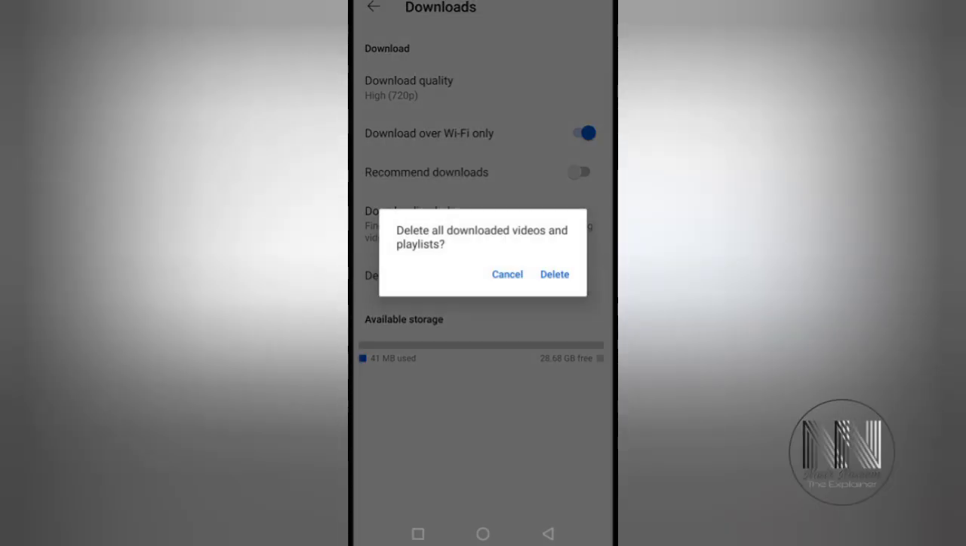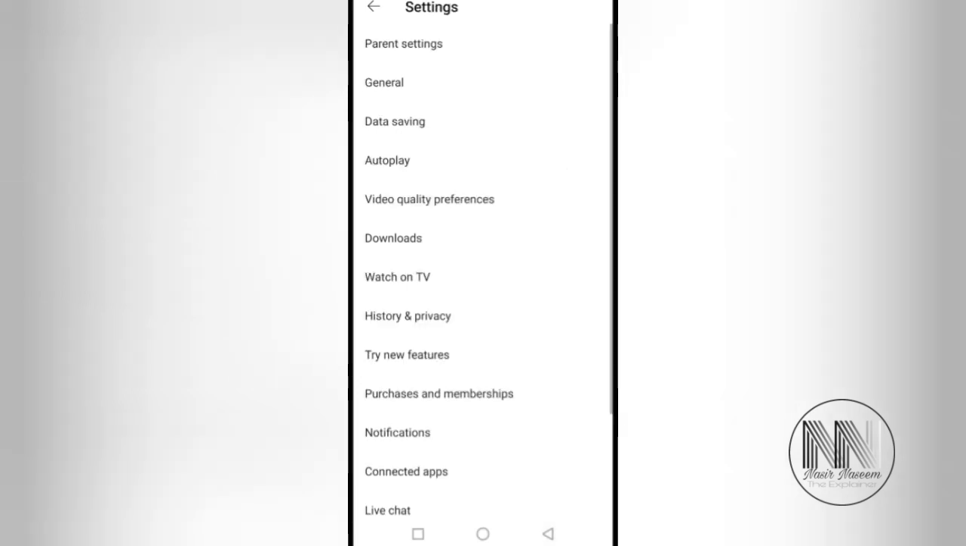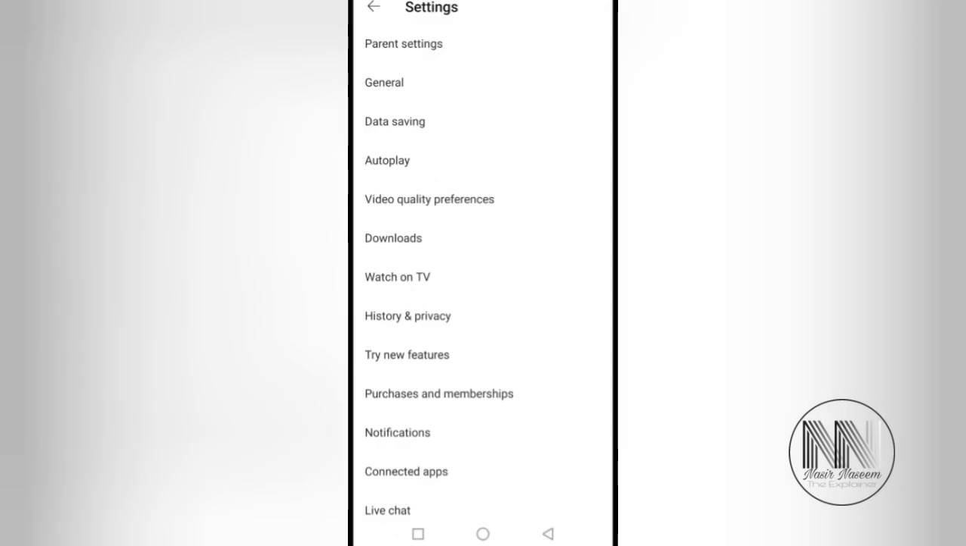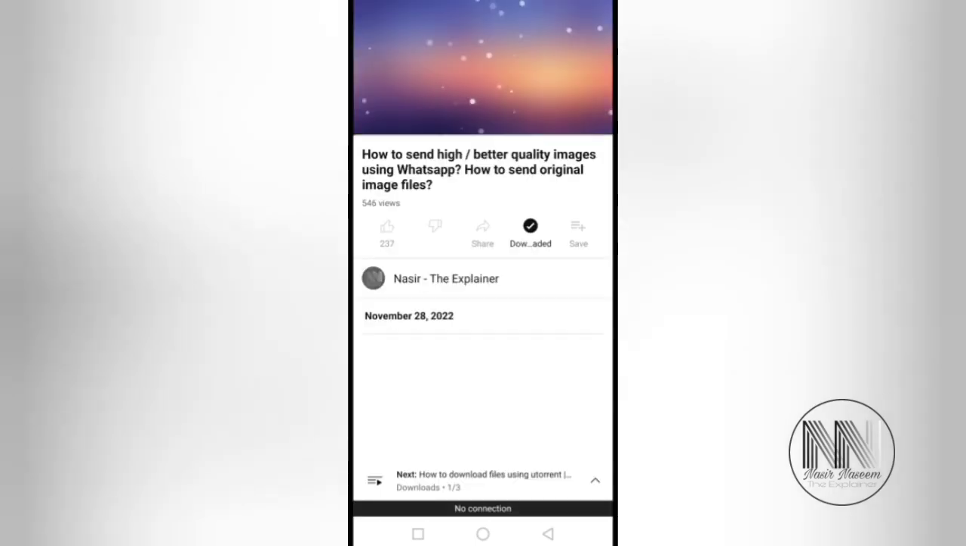So if you click, the app asks for the confirmation. You whether cancel it or you delete these downloads. And here is the last, the available memory space of your application. So I turned off the network downloads, and you can see